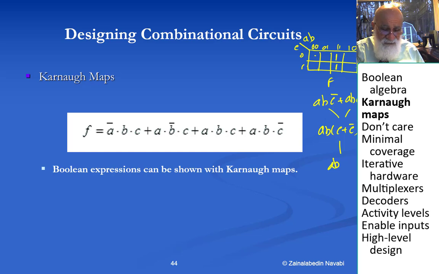Why couldn't I just, instead of writing this one and calling it ABC bar, and then this one calling it ABC, and then perform these Boolean algebra laws, why couldn't I, from the very beginning, look at these two and say, well, these are physically adjacent, and the variable between two physically adjacent boxes drops, and the term corresponding to these physically adjacent boxes is the term that includes all the variables that are shared